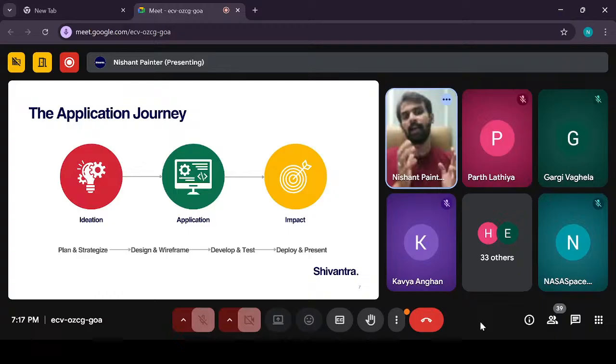Once you have the ideation, once you have the storyline ready, you then develop the application, you refine it, and then you present it to the jury, which will be an impactful version or an impact to the overall society, because ultimately the objective is to trigger one or other points which can help others out in the world, right? So this is how you should plan your journey.